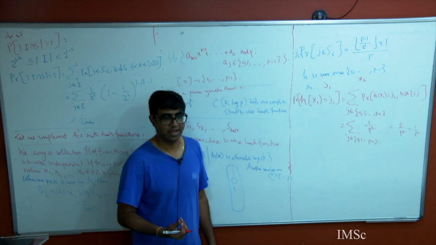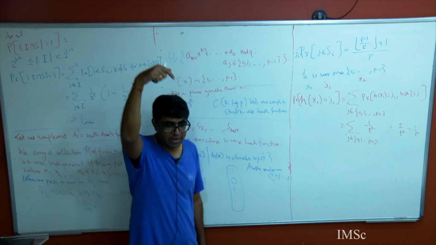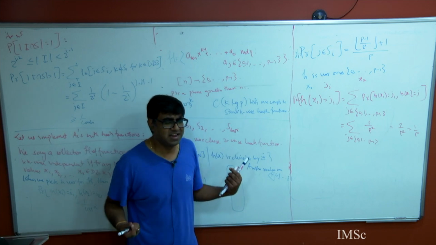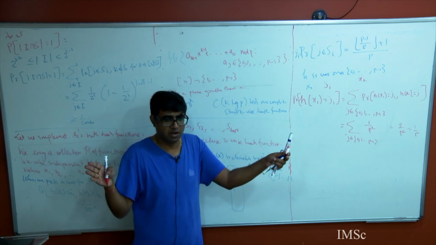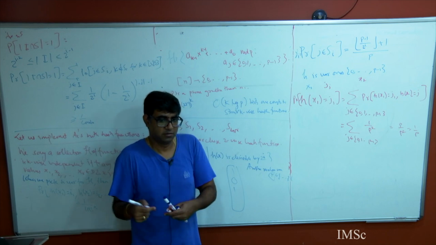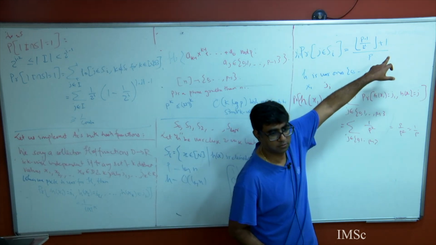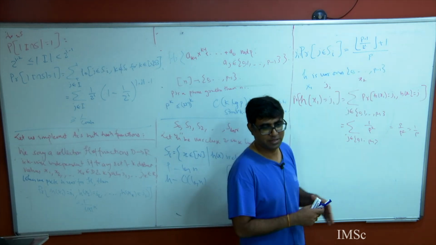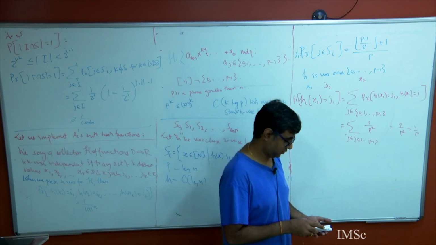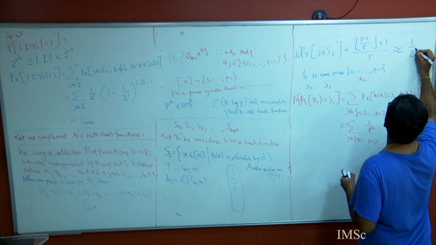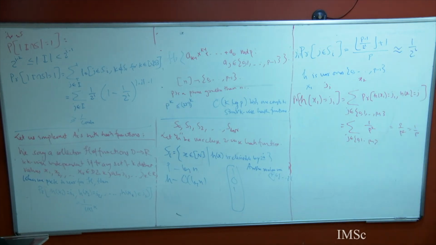So what I have shown to you is that at every index it is uniformly random, and every subset behaves uniformly at random. It's like linear independence: if the k things are linearly independent, so is any subset. And that is why I wrote what I wrote. So for sufficiently large p, I'm doing some approximation, but this is approximately equal to 1 over 2 to the power i. For large p, this is exactly like 1 over 2 to the power i.